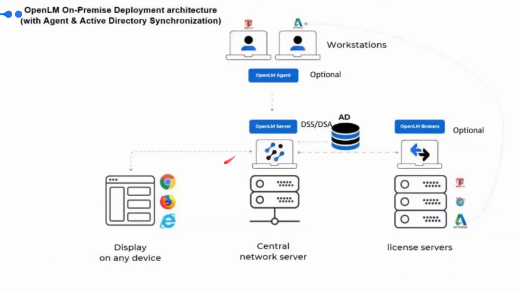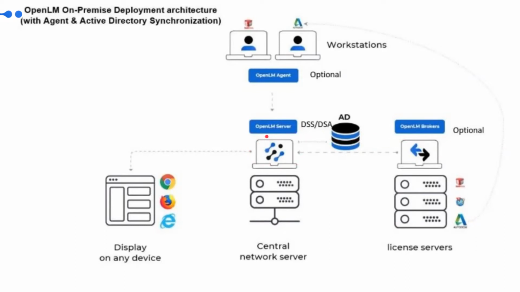Now, this OpenLM server has got certain hard-coded algorithms using which it creates different kinds of reports and statistics of the license usage. And as an end user or as a license admin, you can view the license statistics using a web browser like Chrome, Firefox, or Edge on an end user workstation within your network. And there you can view the user interface of OpenLM. Now, this is the core product.